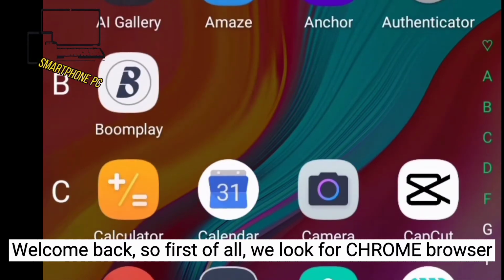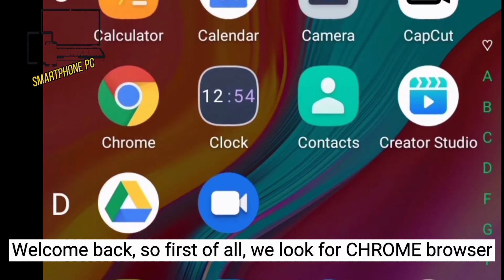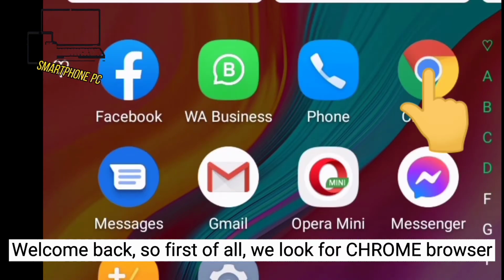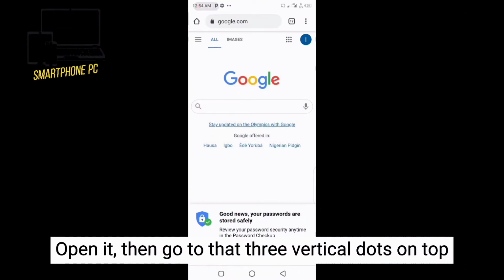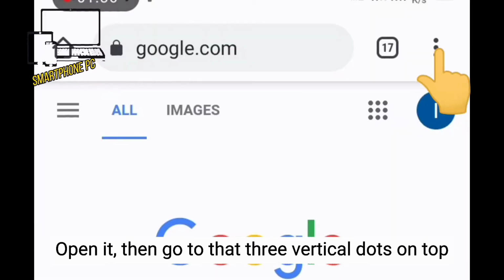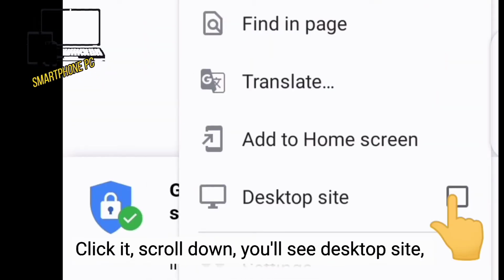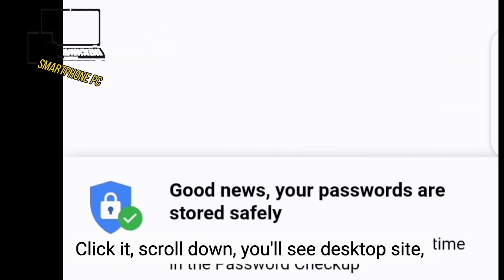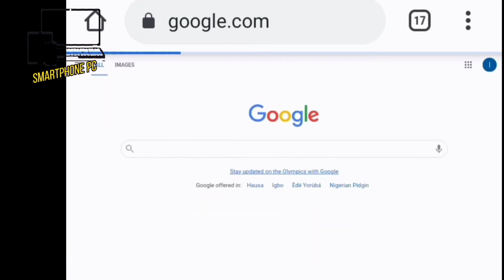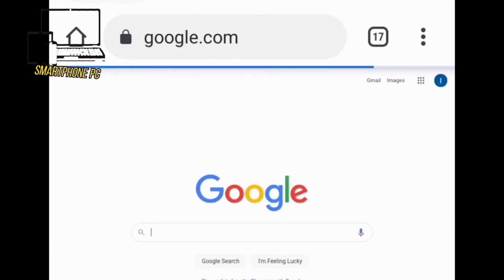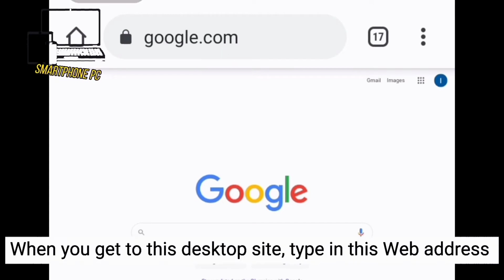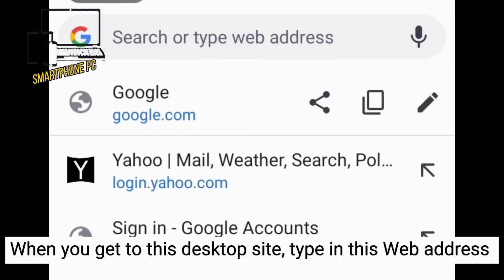Welcome back. So first of all, we look for Chrome, the Chrome browser. Good. We open it, and then we go to the three vertical dots on top. We click it, and then scroll down. You see desktop site. Click it. When you get to this desktop site, type in this web address